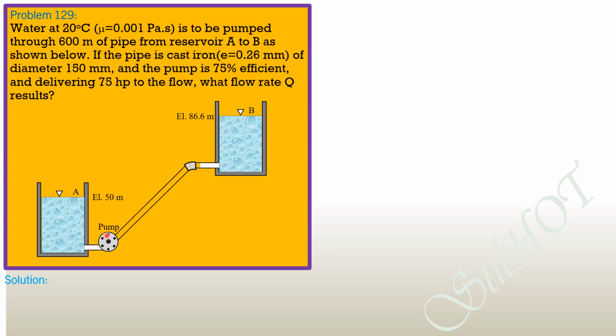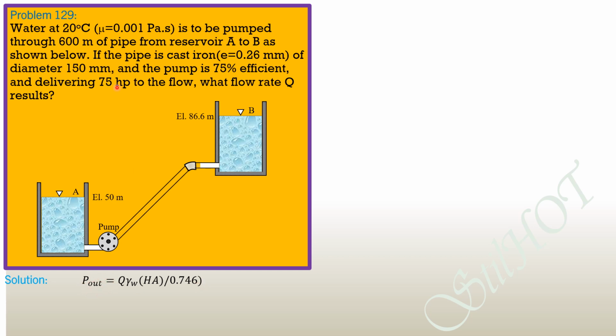So when there is a pump installed in the system, the power generated by the pump is output power, and it is equal to weight flow rate Q times specific weight of the flowing fluid or liquid times the head added by the pump. So that's our equation. Power output equals Q gamma head added divided by 0.746, because we want to express the